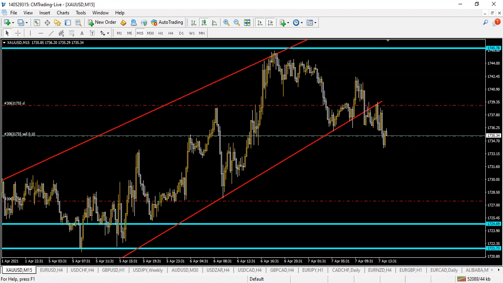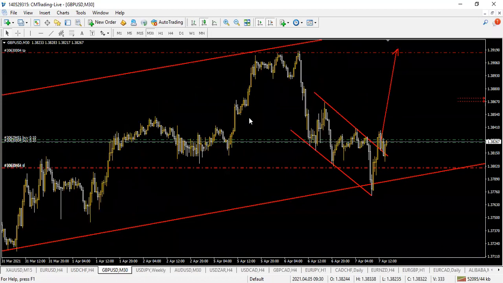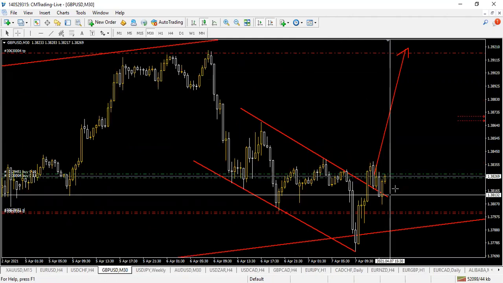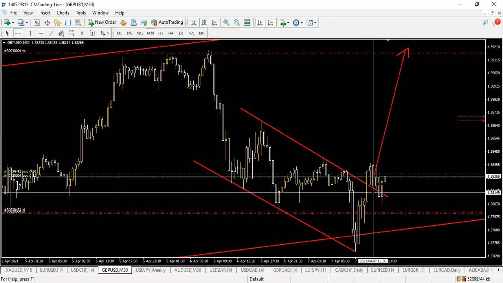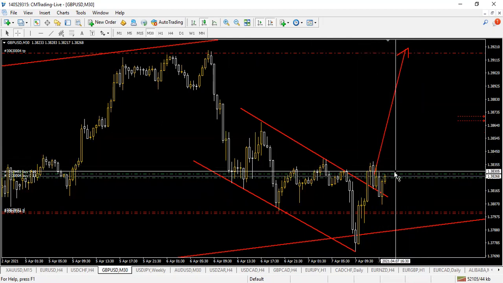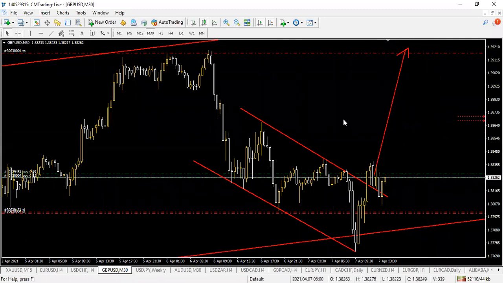And then let's look at some other items. GBPUSD, we sent out a buy signal early in the morning. The market was hunting our stop loss earlier without a doubt, but we saw a bounce on this beautiful structure. So the market is now pushing up, which is very, very good. I'm expecting the market to start going all the way up in this particular case right here. So let's hold this one. I'll be sending some updates in the group.